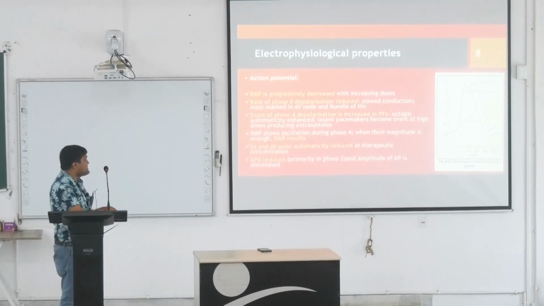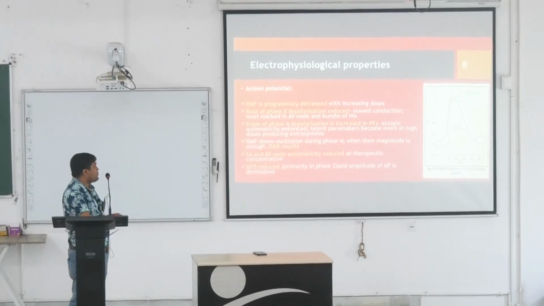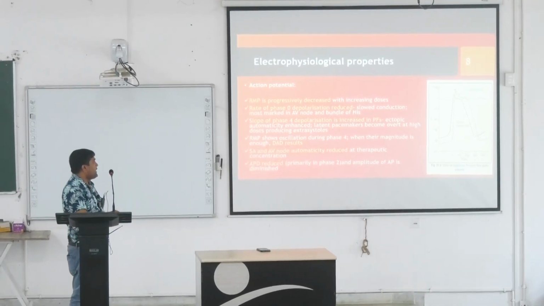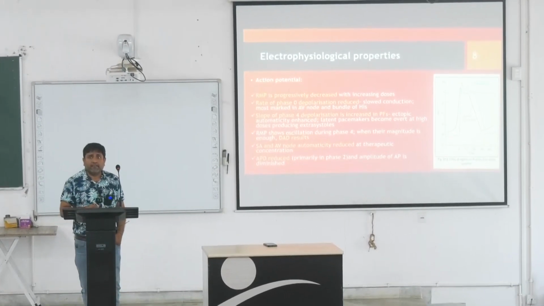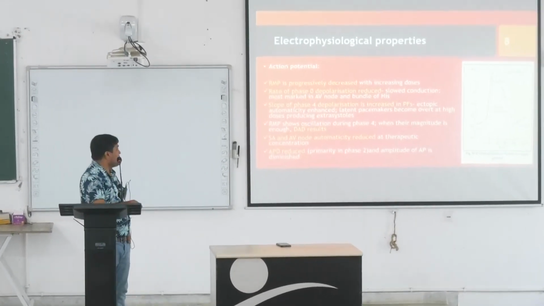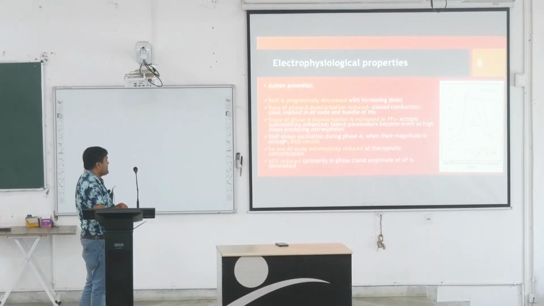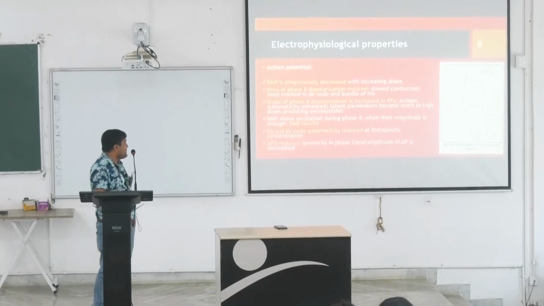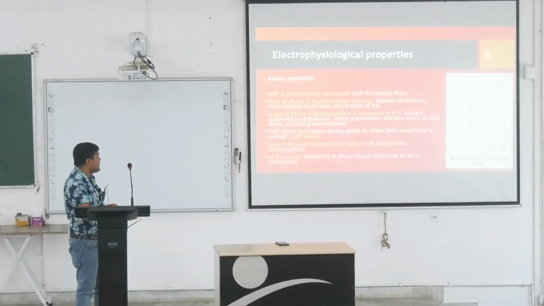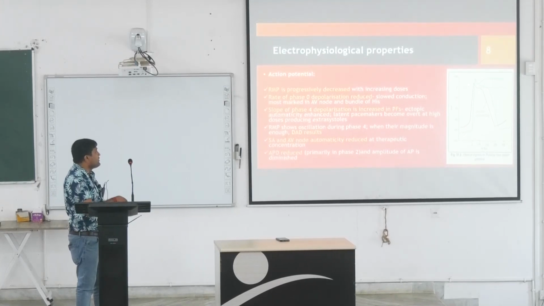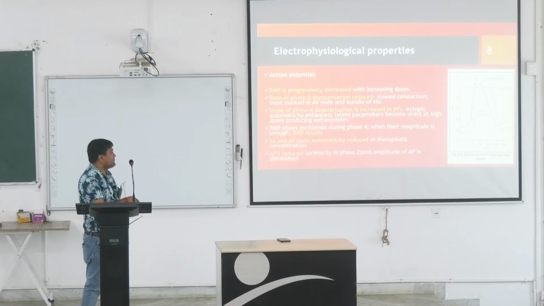Again, the resting membrane potential, due to the effect of digitalis, shows oscillatory movement, and when the amplitude of the potential increases to a certain value, there is delayed afterdepolarization. SA node and AV node automaticity is reduced, leading to a decrease in the heart rate. Action potential duration is reduced. The effect is most marked in phase 2.